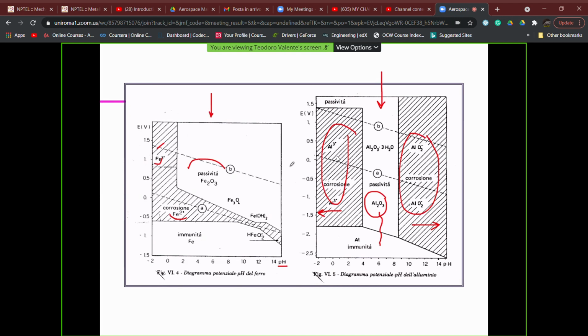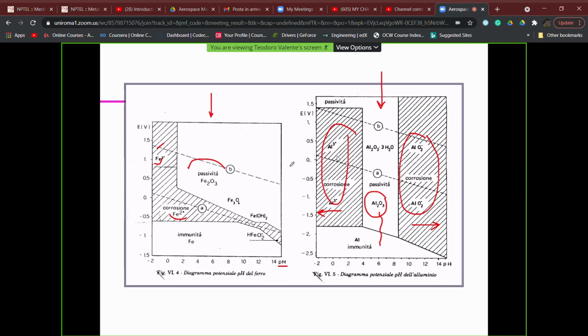Obviously, it makes no sense to look for corrosion rates in situations in which thermodynamics, that is the Pourbaix diagrams, tells us that corrosion cannot happen. You will never find any value of corrosion rates if for any corrosion reaction the variation of the free Gibbs energy would be positive.